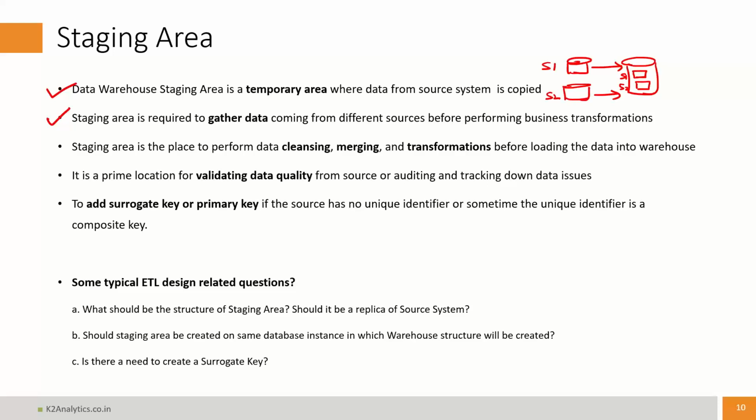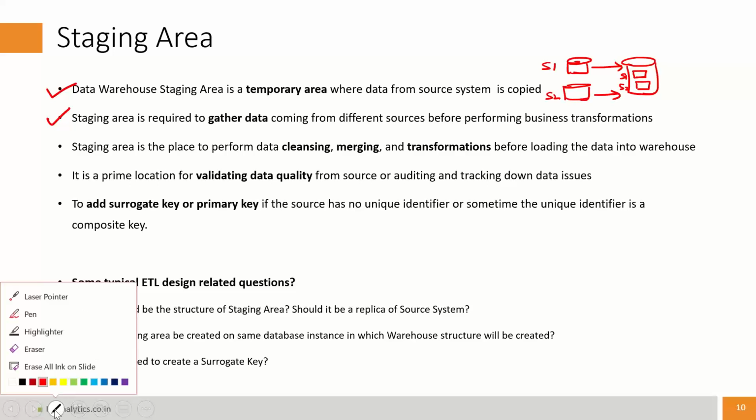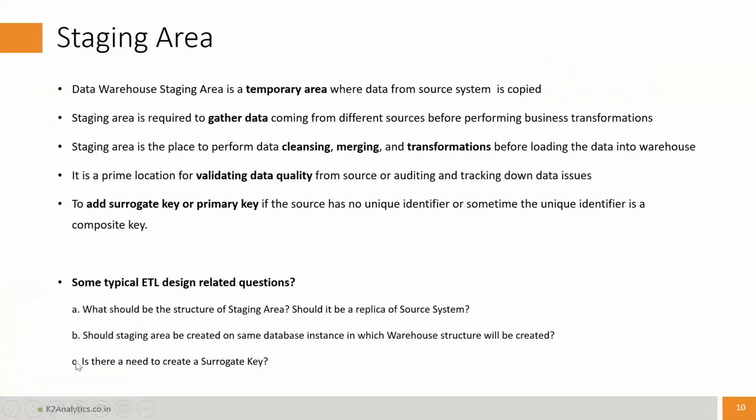So staging area is also used when you are gathering data from multiple sources and then you want to apply some data transformation. Okay, I hope this point is also clear. Staging area is the area where you do data cleansing, data merging, data transformation, the business logic. It is the area where you do the data quality validation,